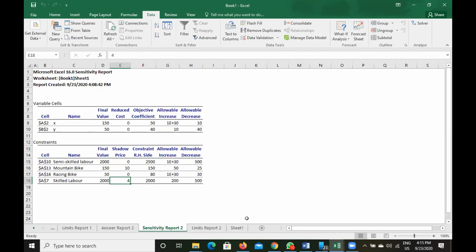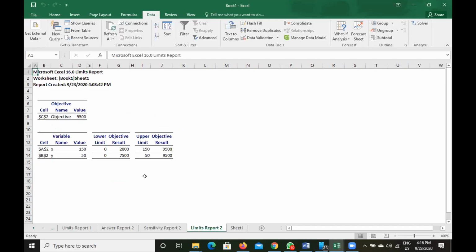That means we are getting 2,000 hours of skilled labor per month, and if you want one more hour of skilled labor, you can pay a maximum of $4 per hour.